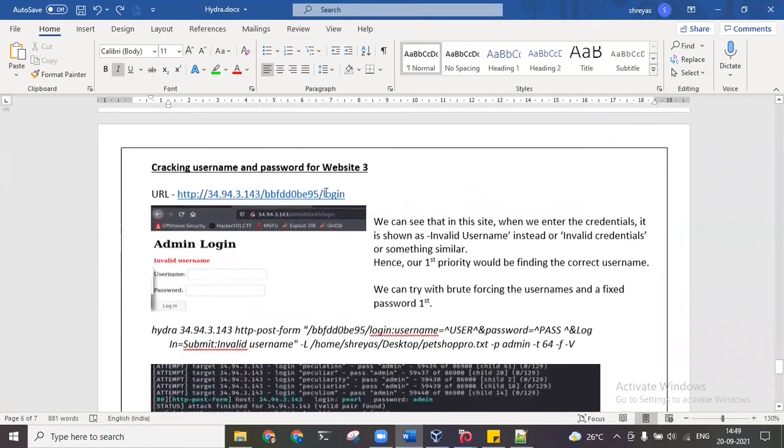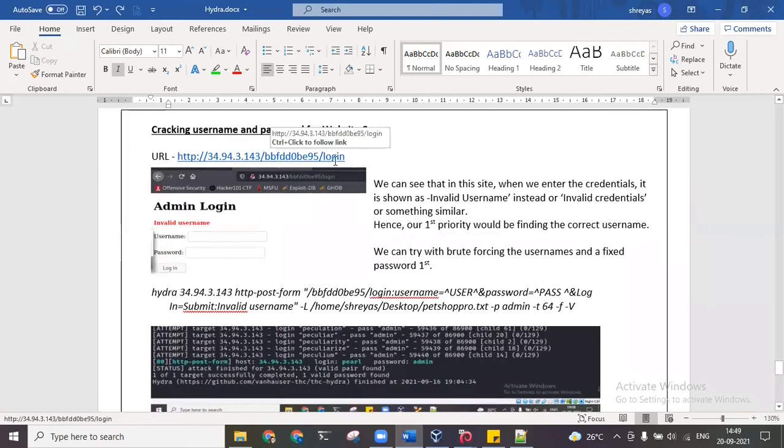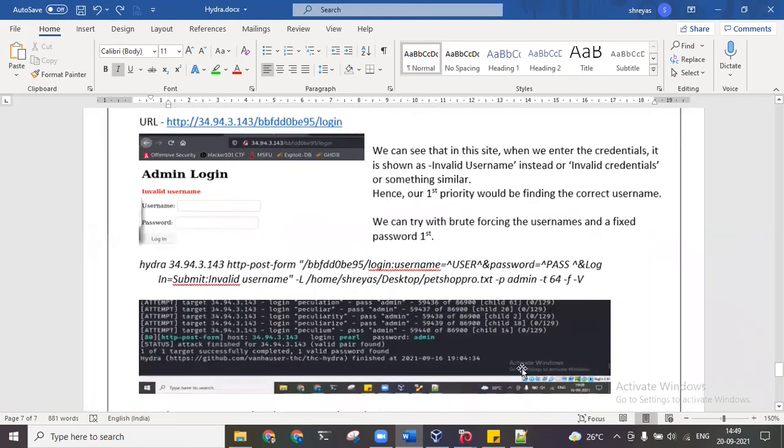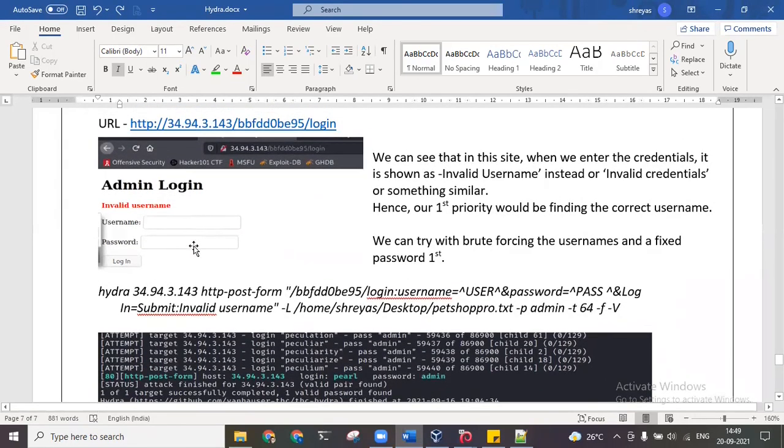So similarly, this is another website, but this one is a bit tricky. This is in the Hacker 101 CTF, capture the flag. If we go there and do this, it is a similar concept, everything is the same, but here the number of tries was a lot more. As we can see, this is taking something around 86,900, because what happens here is that the username and password keep changing. For every time I log in, I get a different combination of possible username and password.